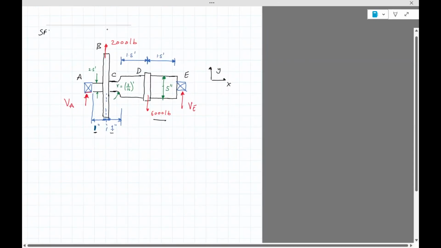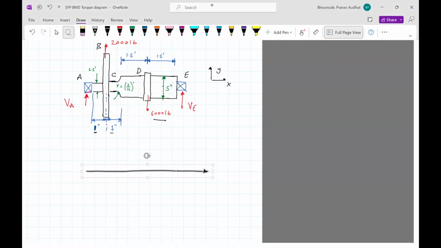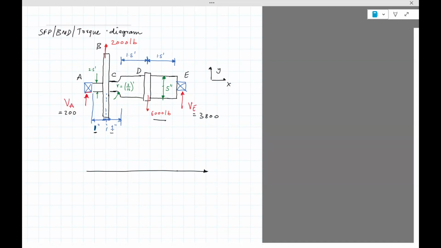So SFD, PMD, and torque diagram. Okay, so for SFD, we know VA is 200, VE is 3800. So we start at E. That force is